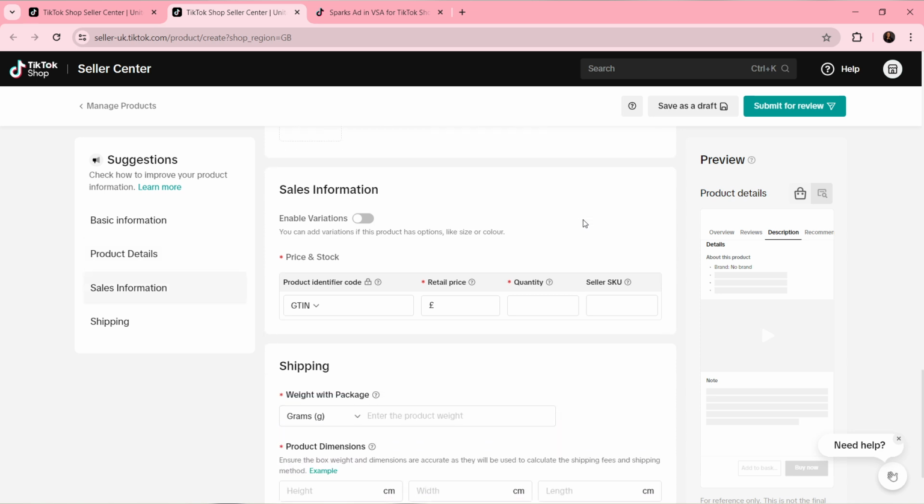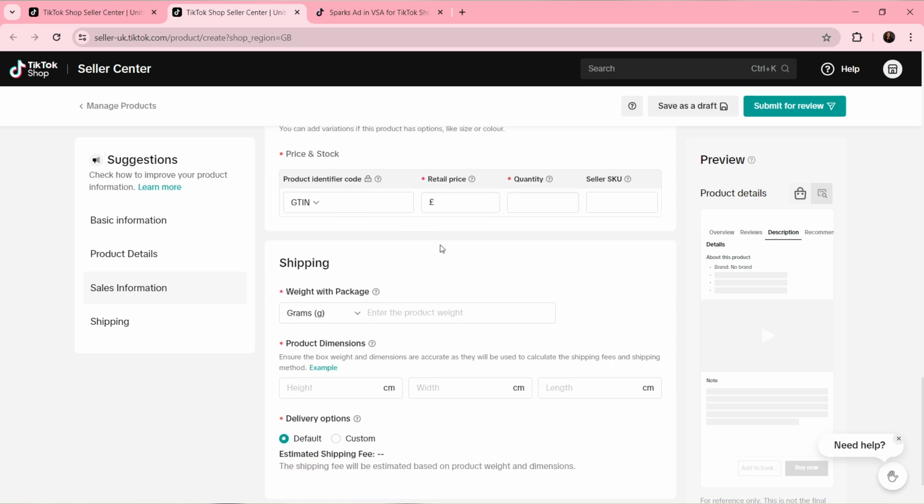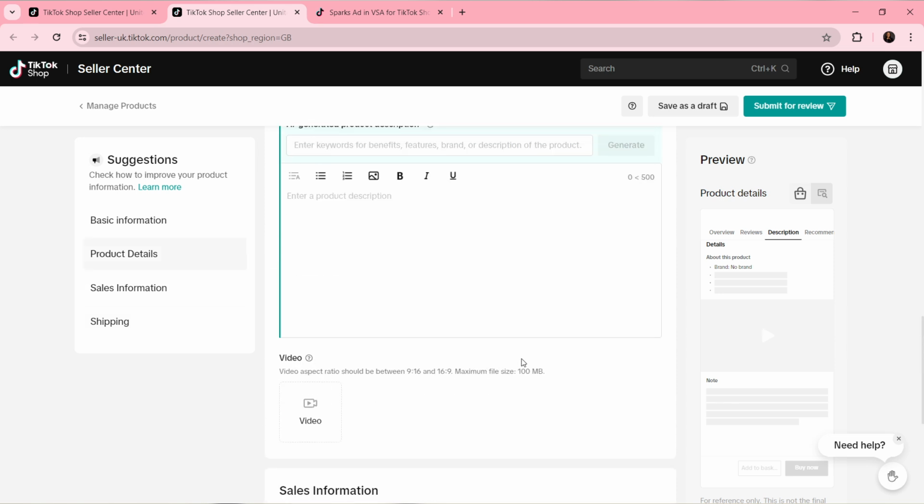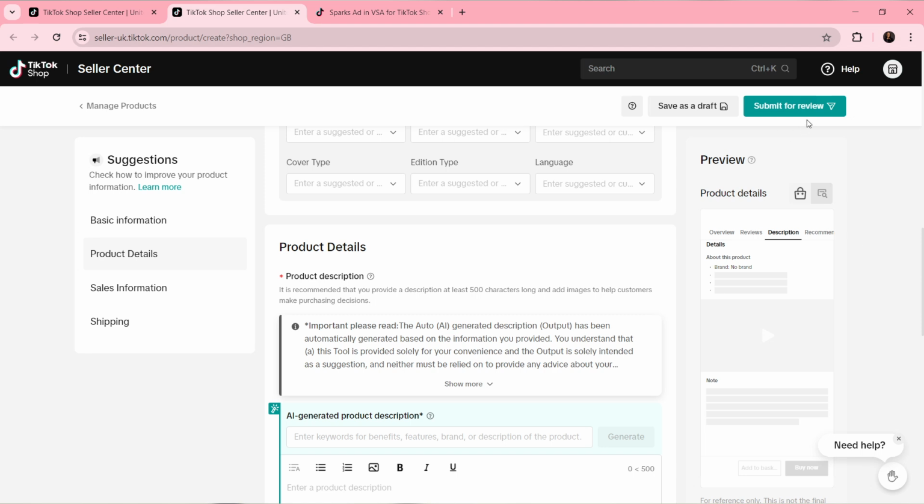Ensure you follow that. If you want enable variations, go ahead and toggle these on to enable variations. If you don't want that, leave that out. And then you have the price in stock, present via code, retail price, quantity, seller SKU, put that in. And you have the shipping, which weight package, put that. You have product dimension as well. You need to fill that in, and once you are done, go ahead and select submit for review and wait